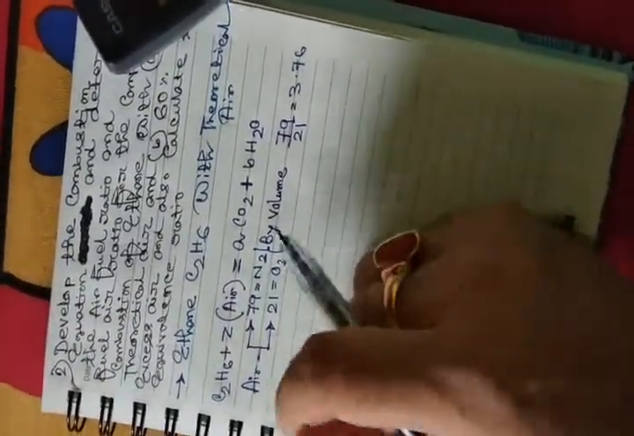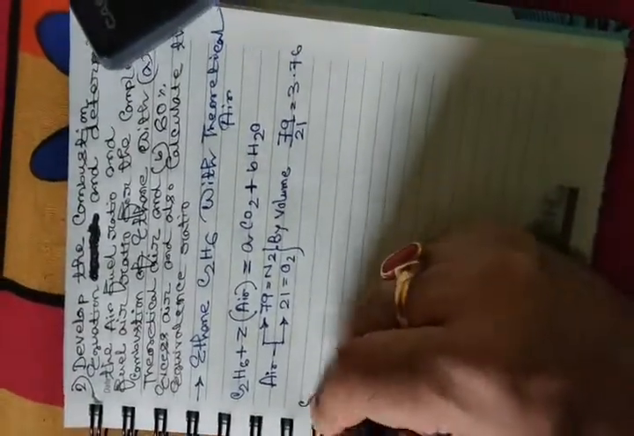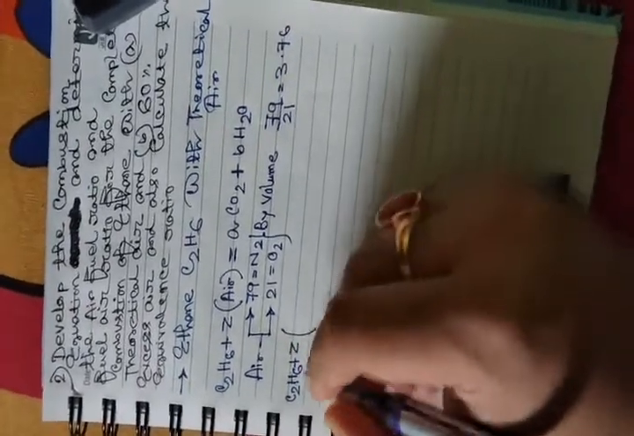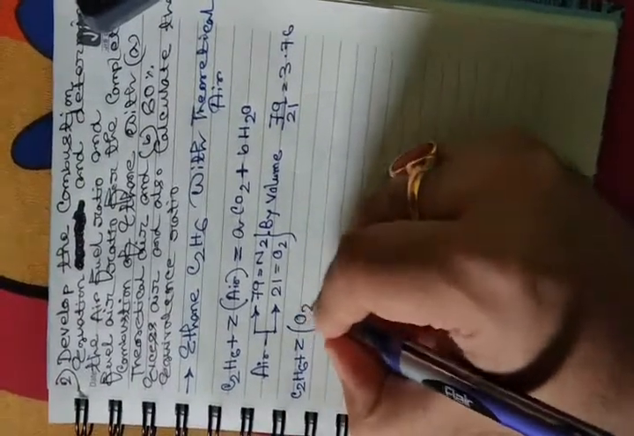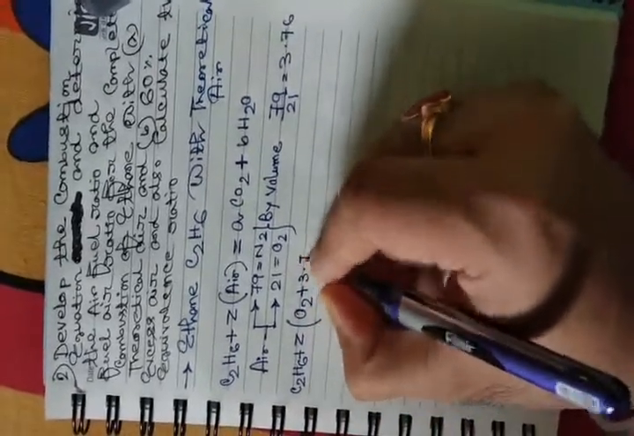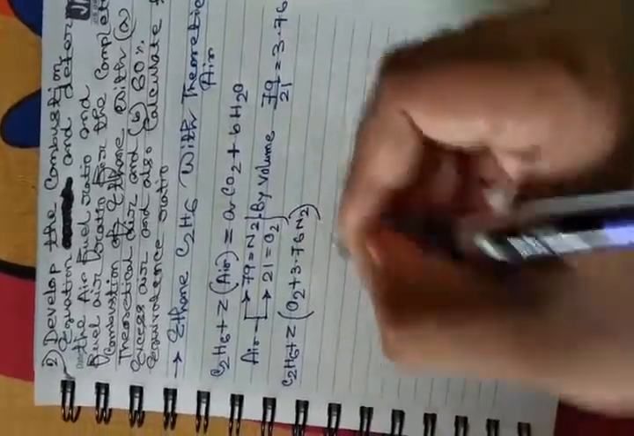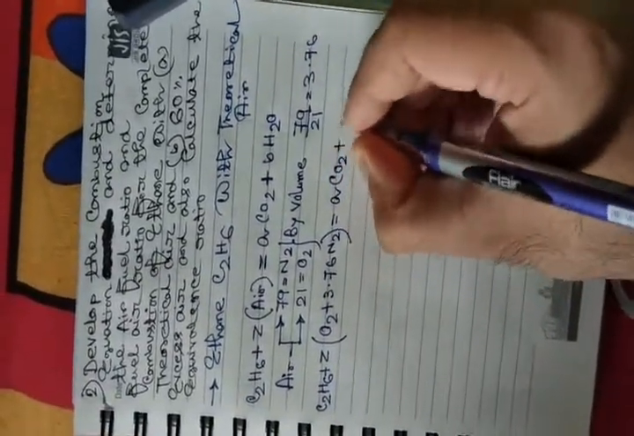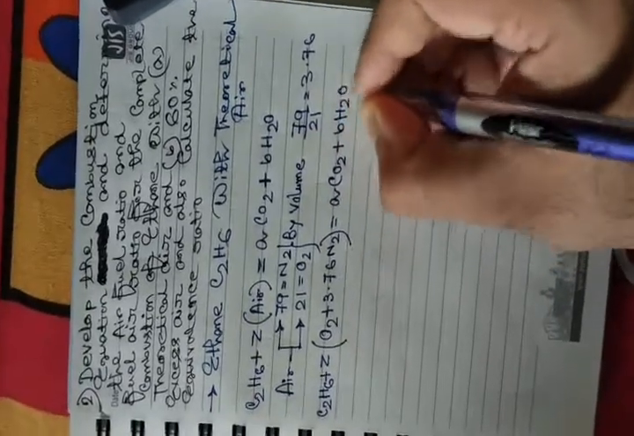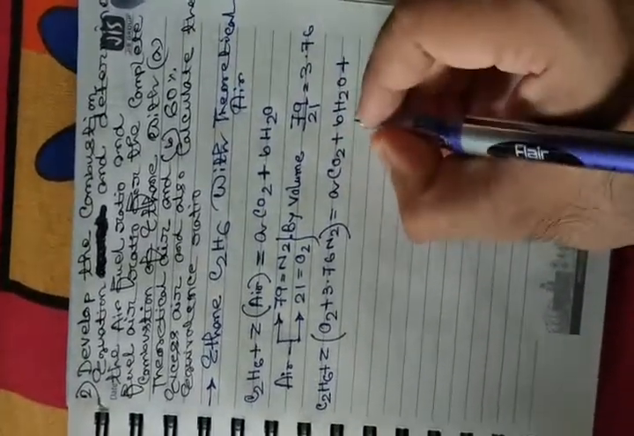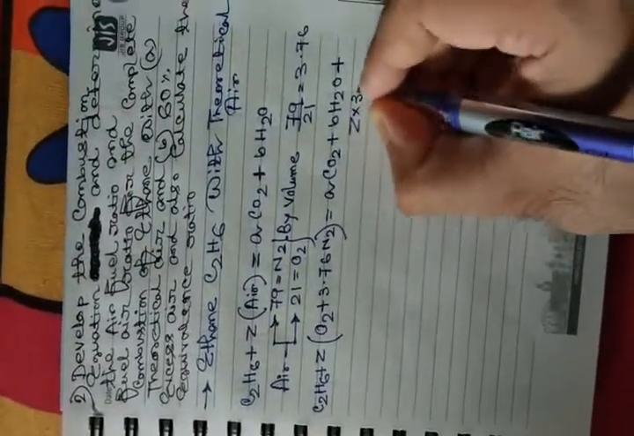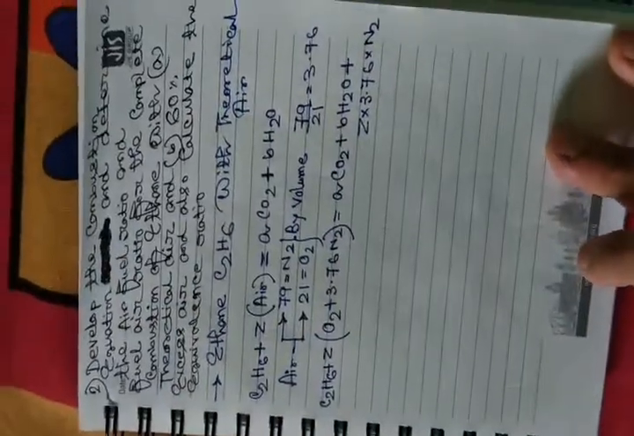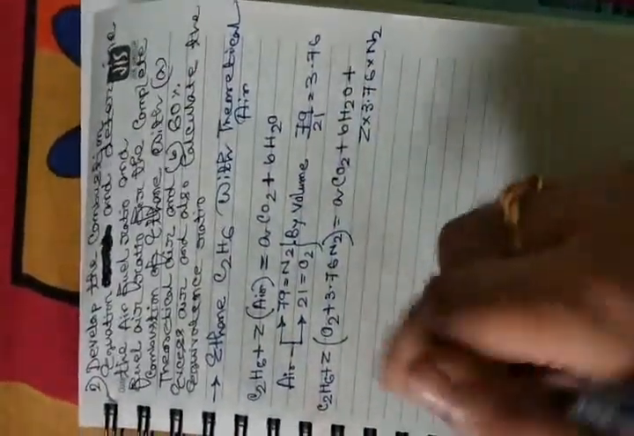So now it will be C2H6 plus Z into (O2 plus 3.76 N2) equals A CO2 plus B H2O plus Z into 3.76 N2. Okay, so if we balance this equation, then it will be: